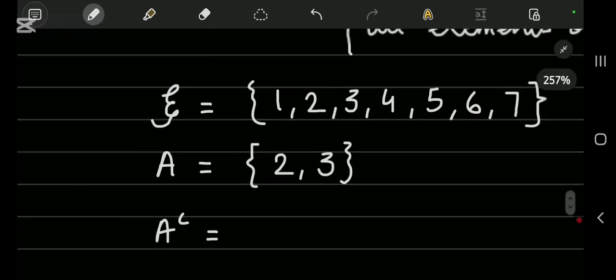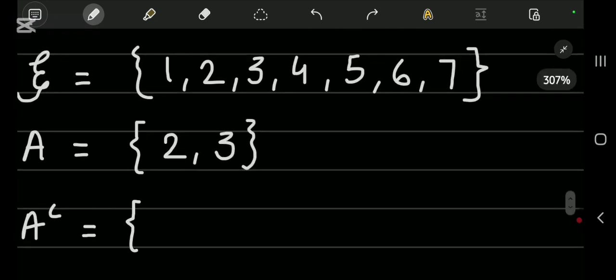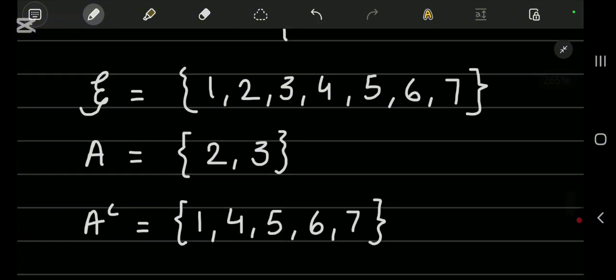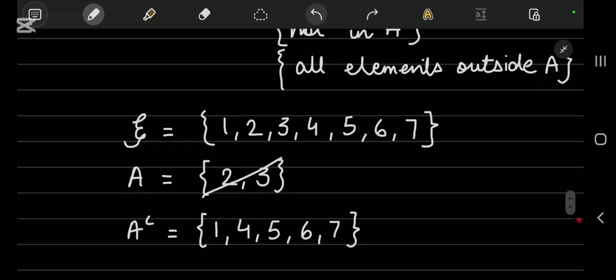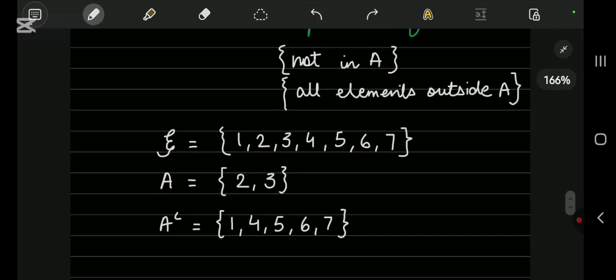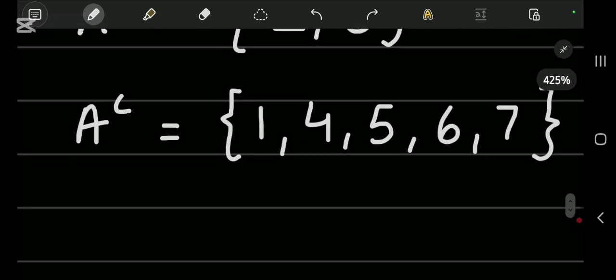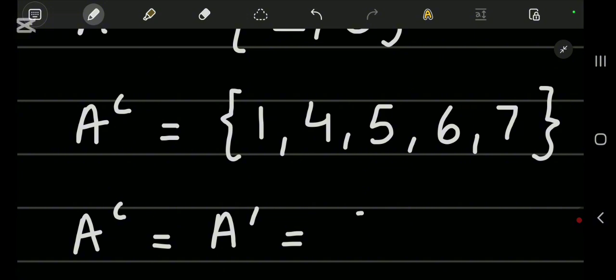A complement would be not A, means except these elements that are in A, all the other elements will be the set of A complement. So A complement would be 1, 4, 5, 6 and 7. That means not A: only 2 and 3 will be omitted from your set and all the rest of the elements remain. Or in other words, you can also remember that A complement or A dash also means